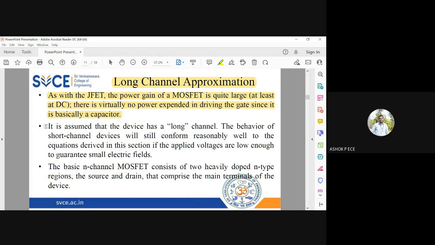In all devices, whatever you consider, we assume the channel to be very long. Channel length is going to be very large. Whenever we look at the performance of a device, we always compare it with the channel length, whether it is a long channel MOSFET or a short channel MOSFET. We are going to see what a long channel MOSFET is, what its properties are, and what a short channel MOSFET is. For the basic N-channel MOSFET, I'm going to consider the N-channel MOSFET because, as I told you, electrons have a larger mobility when compared to